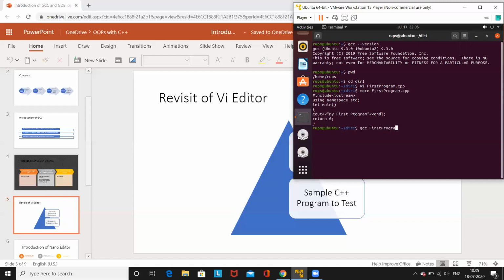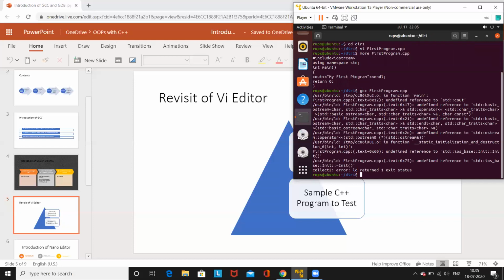Sorry, I made a mistake. What type of mistake? The GCC compiler. Actually, if you want to compile with the help of GCC, the syntax is a little bit different. You have to use the file name again. So that is why now you can use g++.